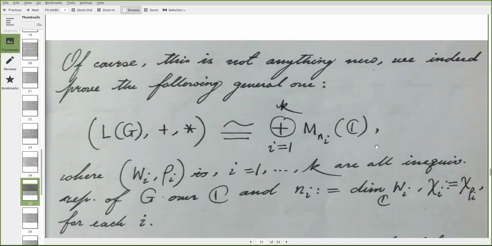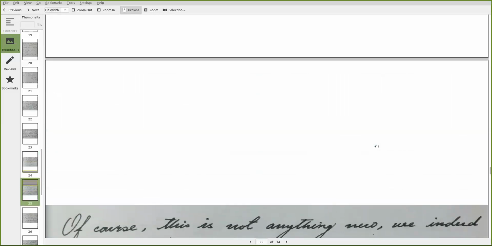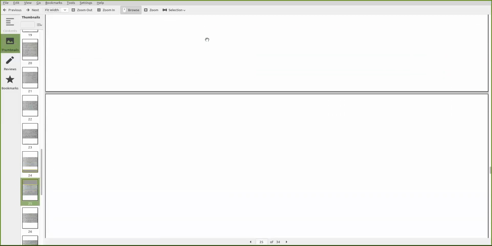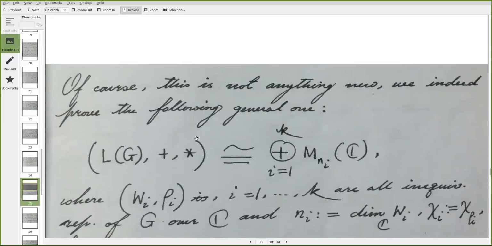In fact, let me put it in this way. For finite abelian groups, the Fourier transformation is the isomorphism between them. And for a general group, this is what we have. I know they are isomorphic. So if we wish to extend the Fourier transform in the general setup, a correct approach should be to